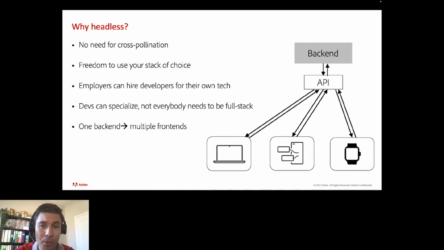Headless allows a parallel software development lifecycle as long as the two systems, the backend and the front end, agree on one API contract. This allows you to spin up multiple front ends, multiple experiences, and focus on customizability of these capabilities. This wasn't really possible before in a full stack environment. So one backend, multiple front ends. Instead of adding more backends, you add up to a single layer and then spin up multiple front ends, which is at the center of headless.